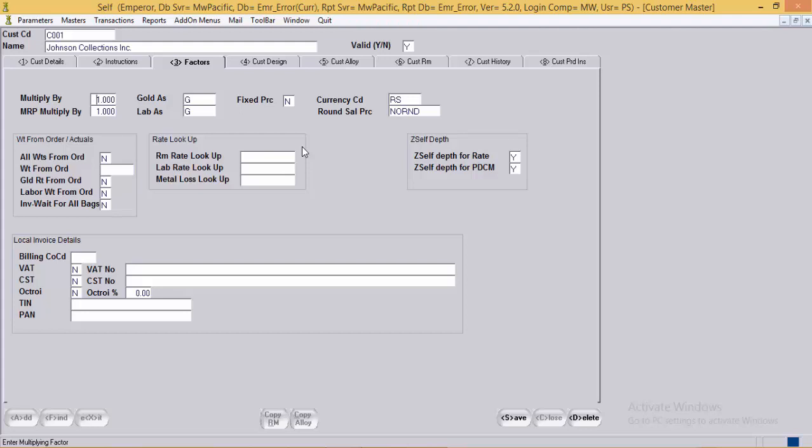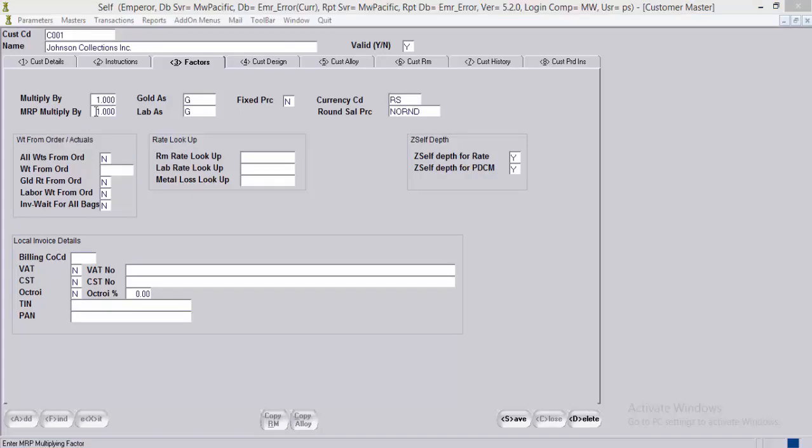For example, if the user wants to charge 5% profit margin on the calculated price, then multiply by factor can be set as 1.05. Next is MRP multiply by factor. In order entry, there is a provision to get the MRP or a tag price for the given design.